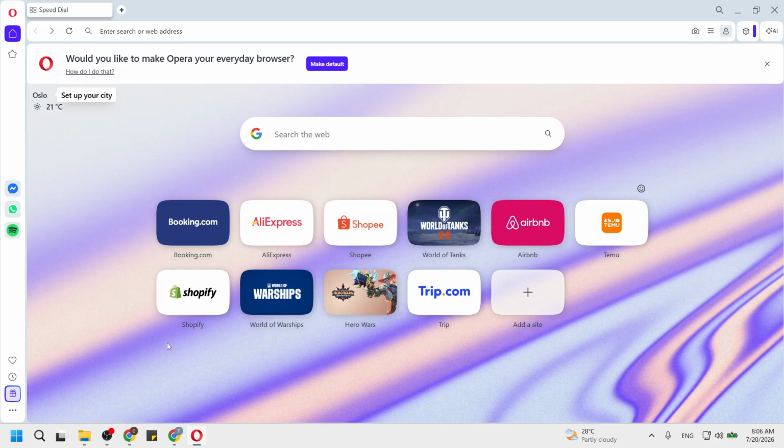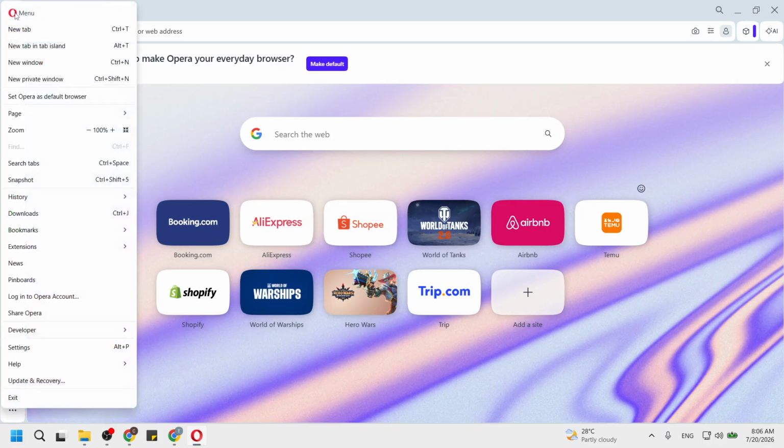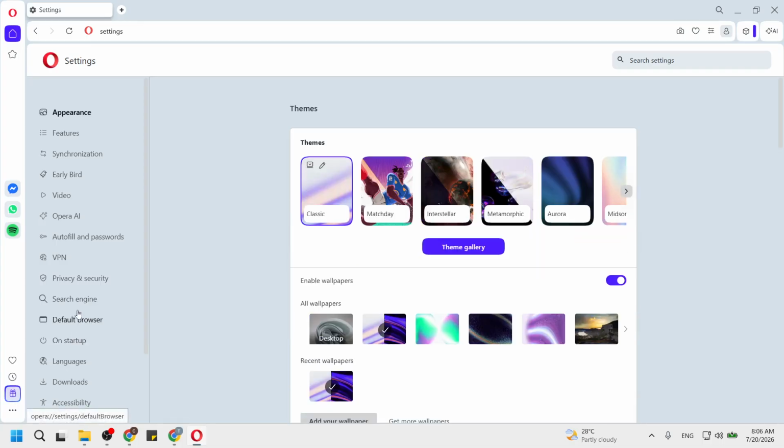Next, click the Opera icon located in the top left corner of the window. This icon looks like a red O and serves as the main menu for the browser. From the drop-down menu that appears, select the Settings option. Alternatively, if you're using a Windows device, you can simply press the Alt key and the P key at the same time. This action takes you directly to the settings page where you can customize various features of the Opera